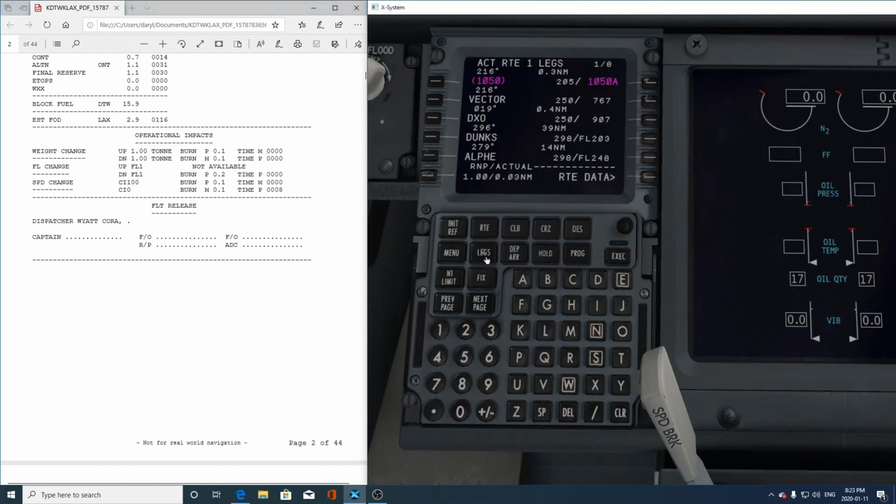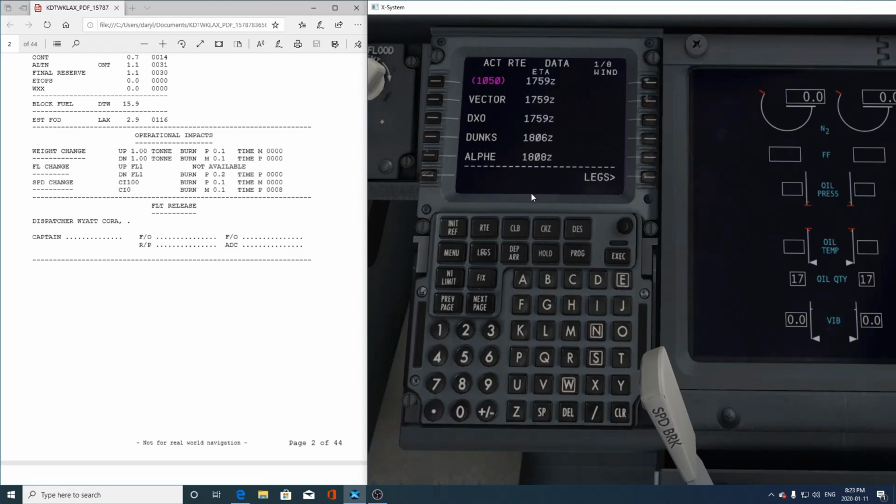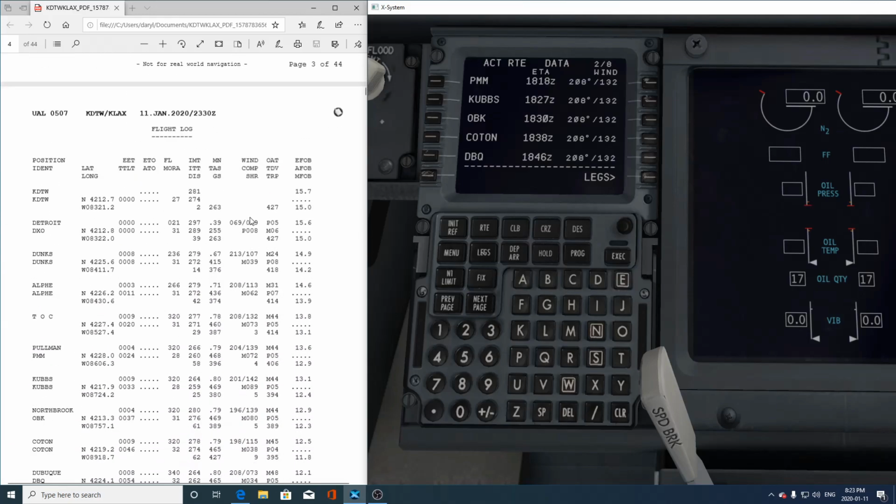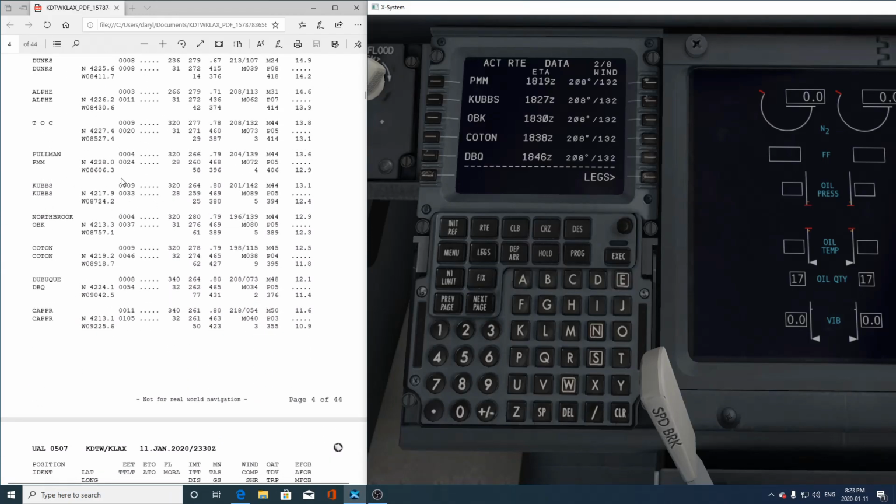And if it wasn't really set properly, maybe the last thing you could possibly do is go to the legs page here, select route data, and what you could do, and on a long flight like this you might want to do this anyways, is actually punch in the winds at each waypoint or at fairly reasonable intervals. So we can see the winds 208 at 132, and it's fairly consistent until about Dubuque. So we could go to Dubuque and we could put the winds at